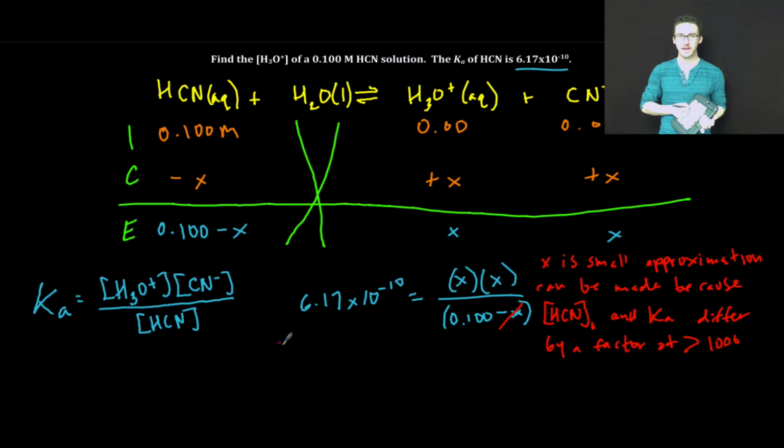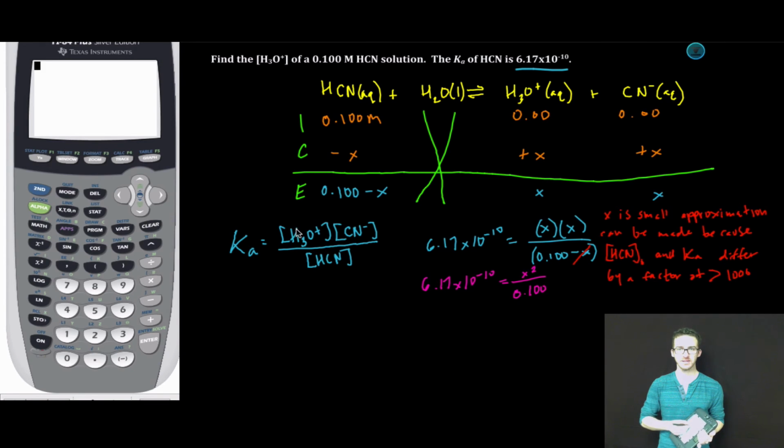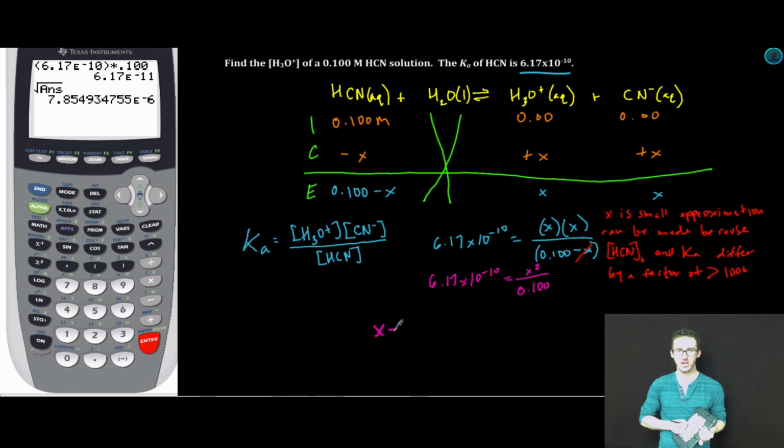Now, that's great because it simplifies our expression to 6.17 times 10 to the minus 10 is equal to x squared over 0.100. All right, now let's jump to our calculator. Parentheses, 6.17 second e, negative 10, close parentheses, times 0.100, enter. Second square root, second, enter. X equals